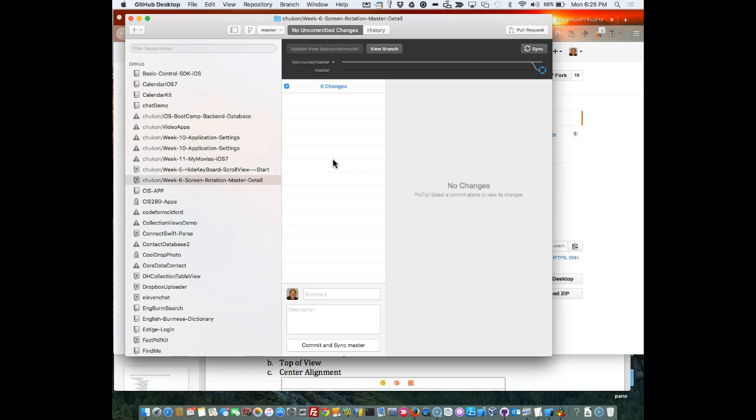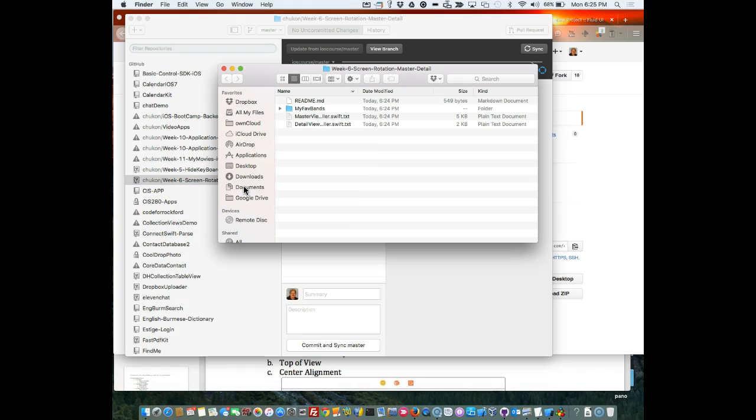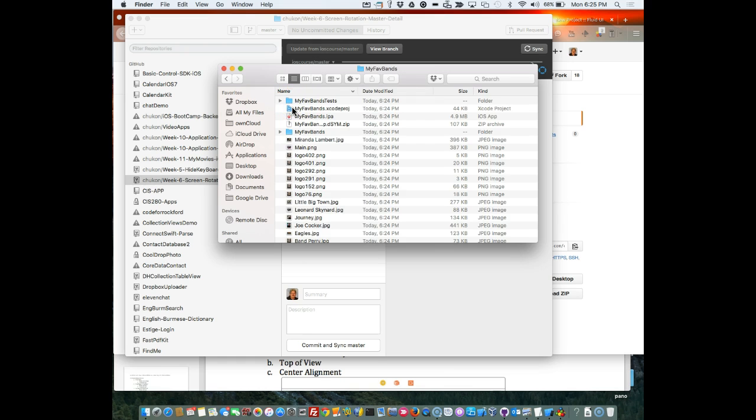Once it gets through syncing here, what do I do next to find this on my Mac? Anybody remember? Control click. There you go. Find it. Good. Control click on my week 6. It's called week 6 screen rotation master detail, I believe, once you get it down there. So control click, open in Finder, and then I'm going to go ahead and double click on my fave bands,